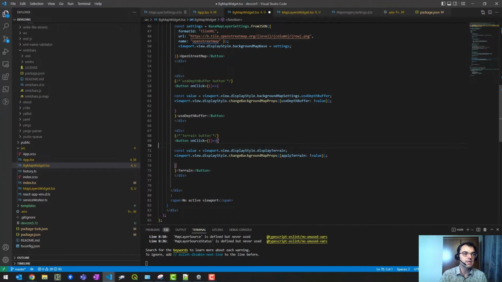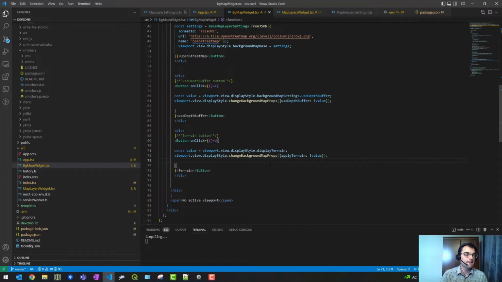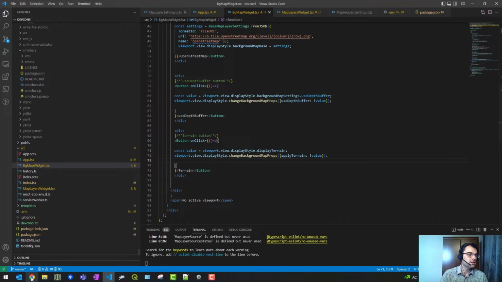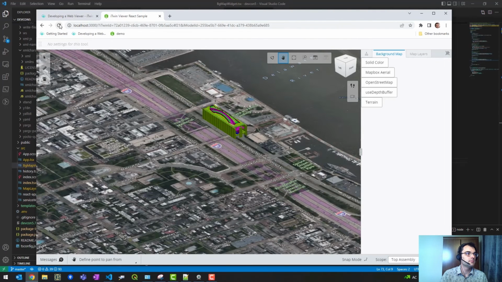So again, we take the display terrain value from the display style and call change background map props again and set the opposite value of the terrain. So if we set that and reload our application,